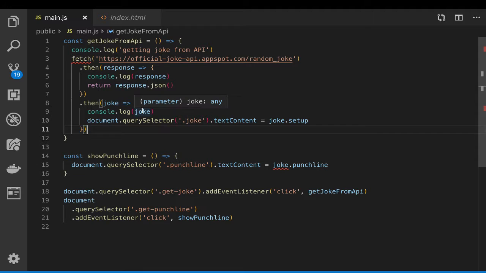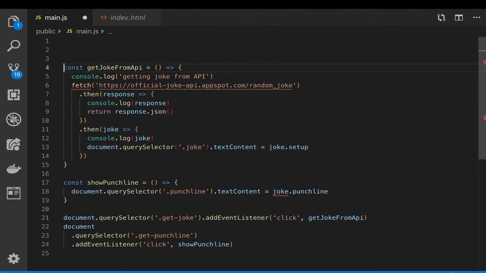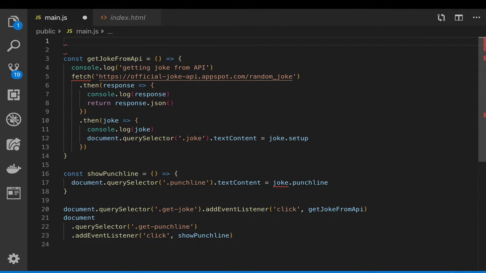I just wanna make sure I'm on the same page, so we can't call the punchline because it doesn't exist until the joke's there, and it only exists up here right now. Okay, so could you pass joke as the argument? I can't pass joke as an argument, but what I can do is store it in a variable up top, like we did the deck. Not a promise, just a variable. Yep. Let current joke